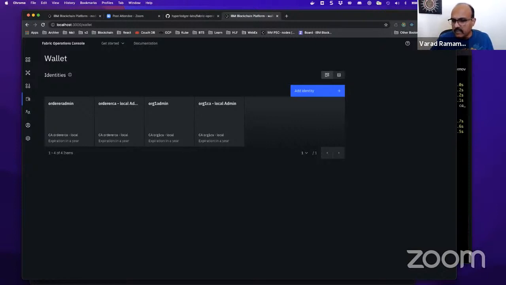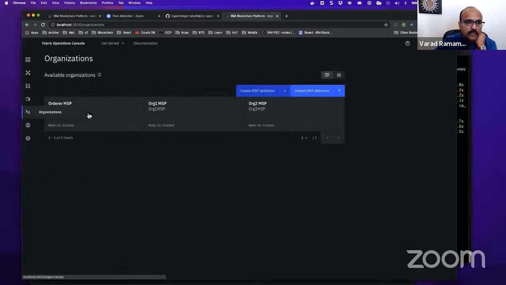How can I manage an external intermediate CA? You could have two different external intermediate CAs in the console. And the support offering that we have allows you to provision and manage the Fabric CA, the server YAML and all that stuff. So that's all possible. Within the MSP definition, when you create one,